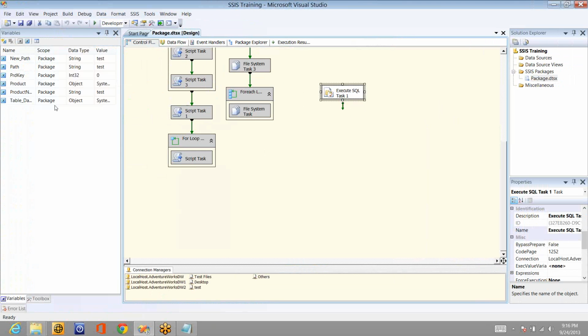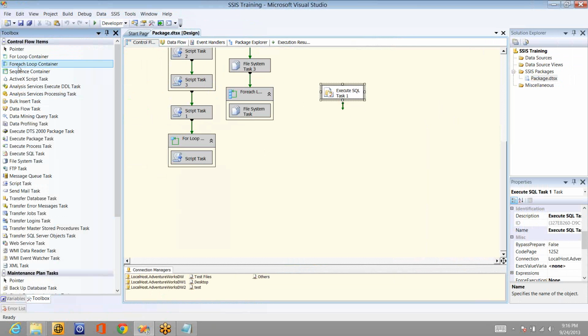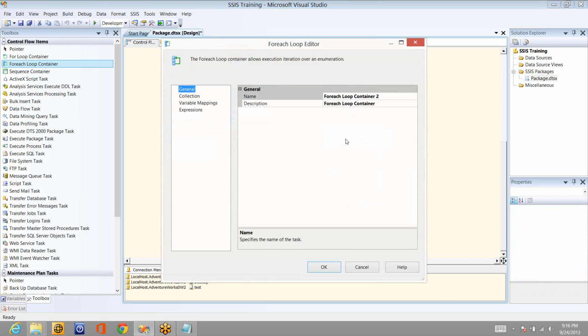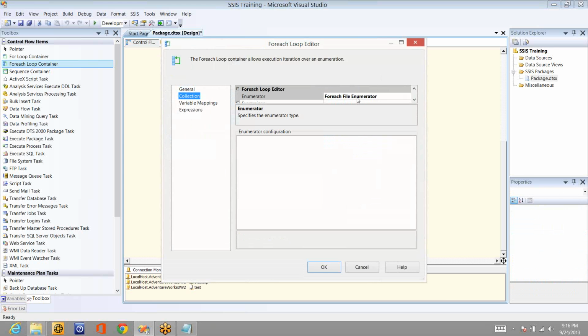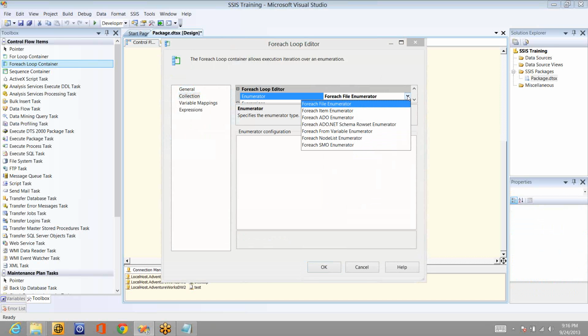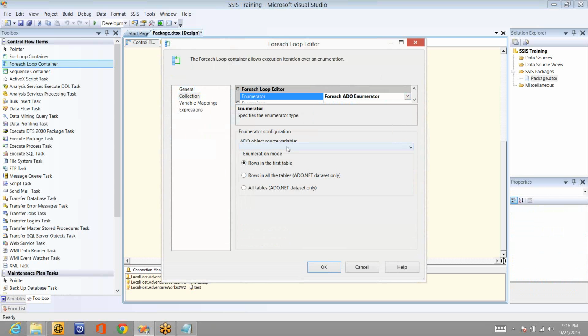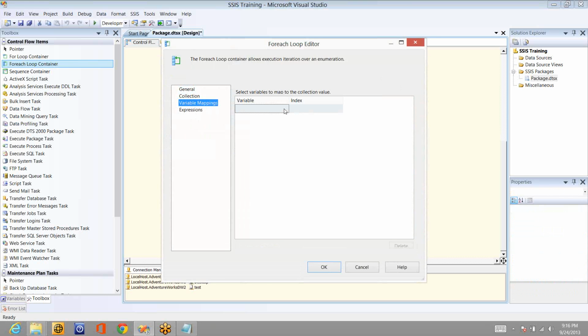We can have a for each loop, right? We can use a for each loop to loop through the table in that variable and publish the data. So what enumerator do I have to use? We have to use the ADO enumerator, and the variable which is having the table is table data, and the rows in the first table will be looped through, and variable mappings I'm going to assign that one